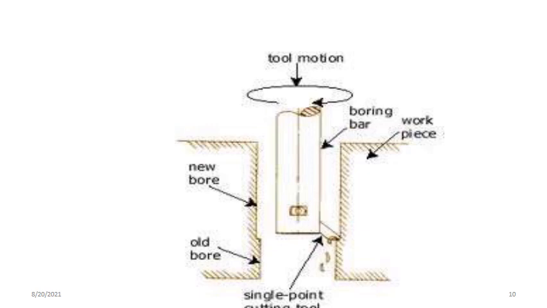1 mm of material is removed. This is a single point cutting tool. This one is the boring arm. This is the tool motion, it is rotating. This one is the workpiece. This one is the new bore, the boring operation. From here to here it is called the new bore. This is the already drilled hole, made with the help of the drilling machine. A small amount is removed with the help of the boring operation. This is the major difference between drilling and boring operations.